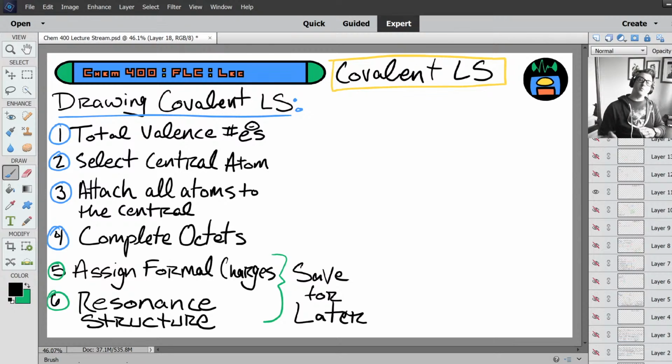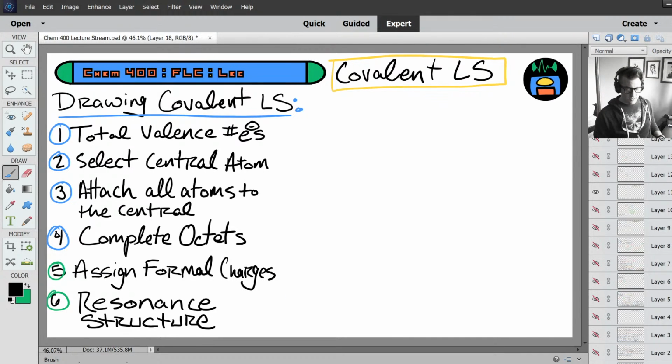And once we get comfortable with those, then we'll start working on formal charges and resonance structures. All right, but for now, we're going to nail down the first 4 steps, and then we will